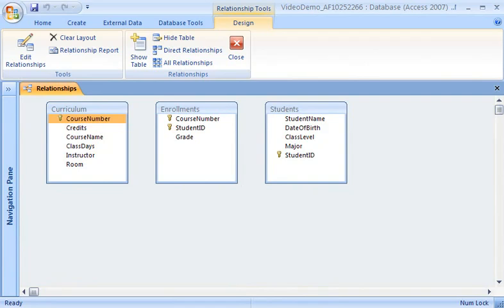the other table. So the first thing I'll do is see if the tables have common fields between them. The Students table contains one record for each student. Each record has a field containing a number that uniquely identifies each student, the Student ID field. The Curriculum table contains one record for each course. Just like the Students table, each record in this table has a field that uniquely identifies each course, the course